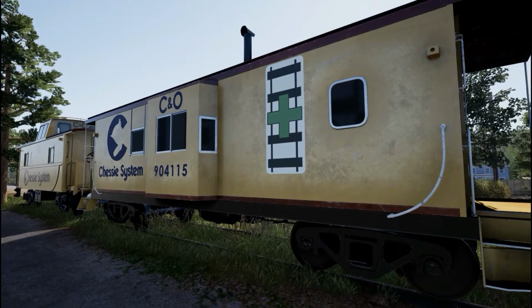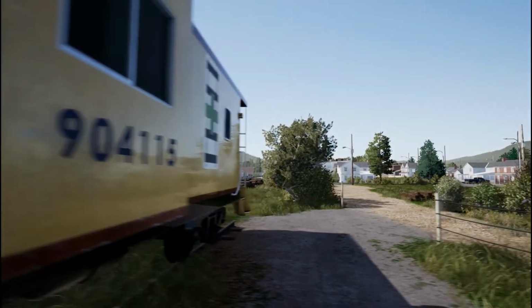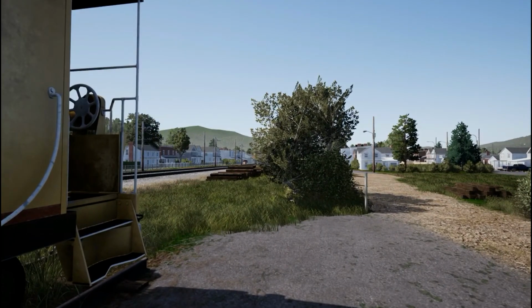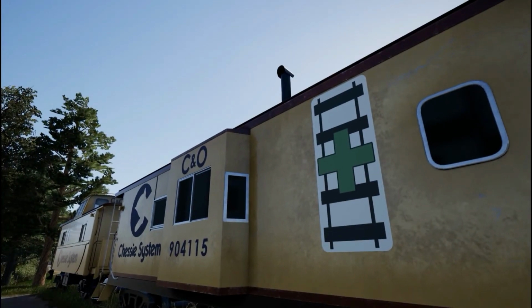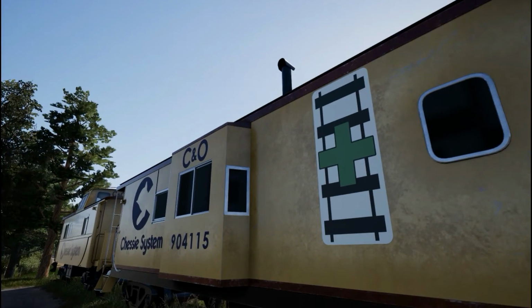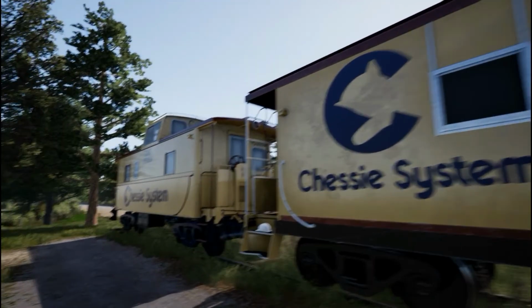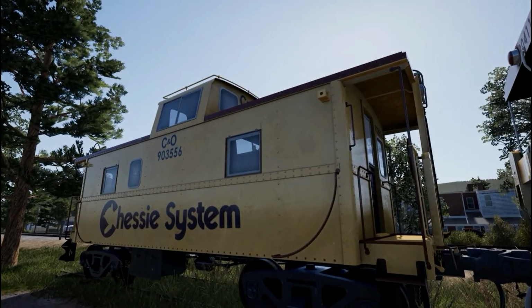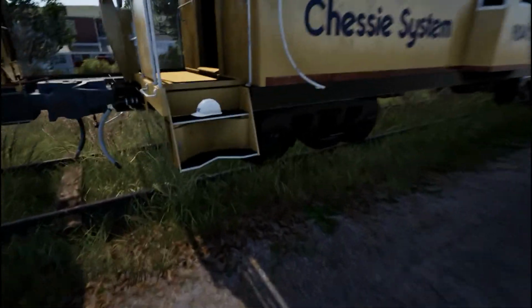Yeah, invisible wall. Okay. This is what's known as a bay window. Bay windows are, well, they stick out like this. Around the, was it about 1920s, I want to say? Probably even before that. Cabooses like this one were starting to get outdated because the freight cars that they were using,